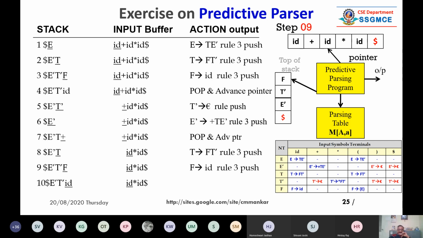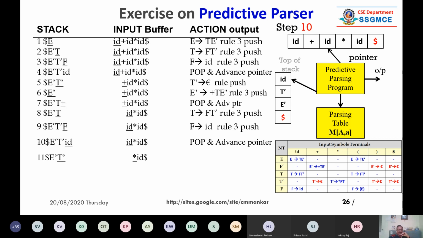Anyway, I will just go a little faster. In this way, we have to refer to the parsing table if there is a capital letter or non-terminal on the top of the stack. And if it is a terminal and the buffer is also pointing to a terminal, then you have to just quickly pop the item and advance the pointer.